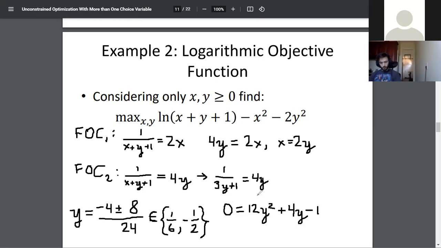I would like to find x also. Luckily, we have this nice relationship. X equals 2y. Let's go back to that. So now we need to start thinking of x and y pairs, because you can't just say what x could be and what y could be. They actually come together in pairs. So how would I like to write this? I would like to say x comma y